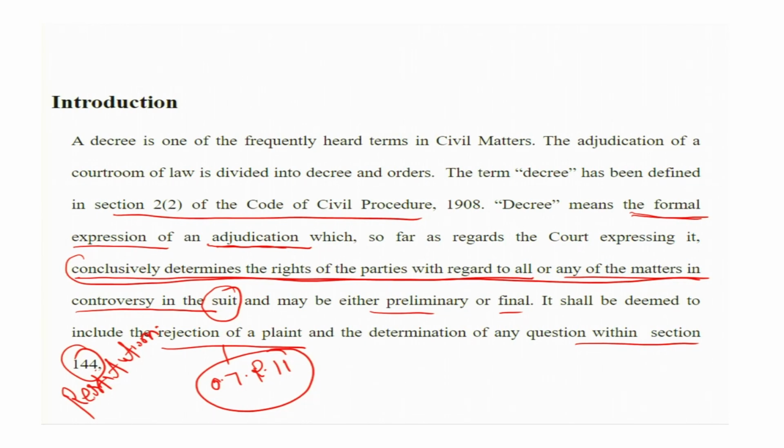What is conclusive determination? And that conclusive determination can be of all or any of the matters in controversy. I have already given an example of this, like a suit for recovery or for getting possession of immovable property. There can be a number of issues, a number of matters in one civil suit, keep this in mind. There can be 5 matters, 10 matters, you can call them issues also, no problem. There can be a number of issues in your civil case, depending on the cause of action, depending on what you are claiming or filing before the court.